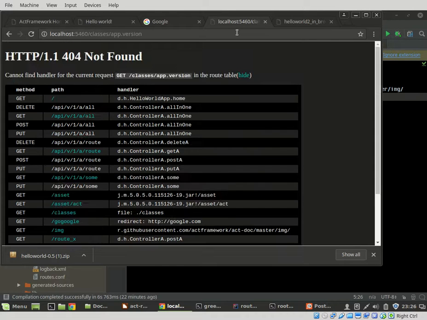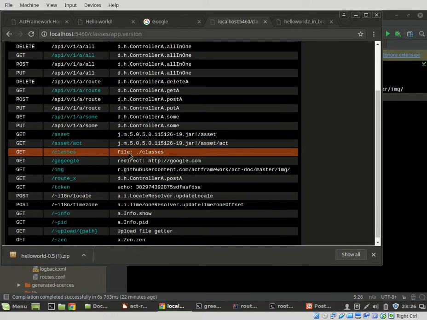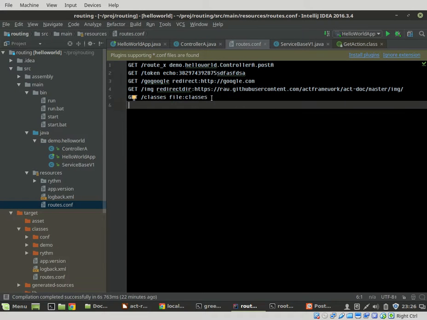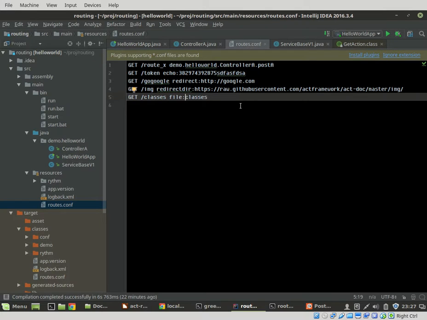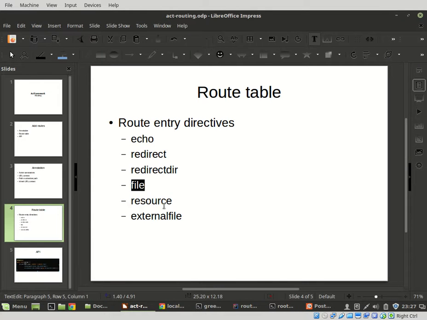Version. Now classes. That doesn't work. Try this. Yeah. And I'll check it offline. And let's move to the next one, because the next one is much more